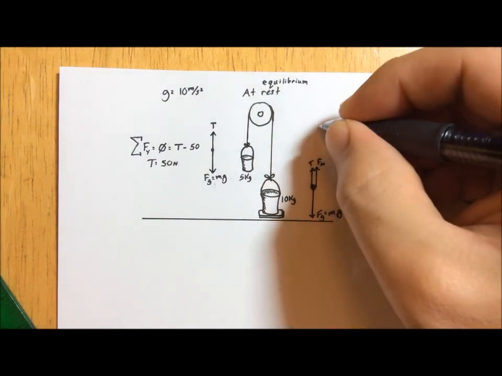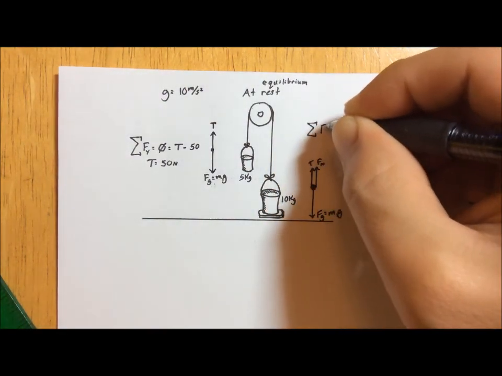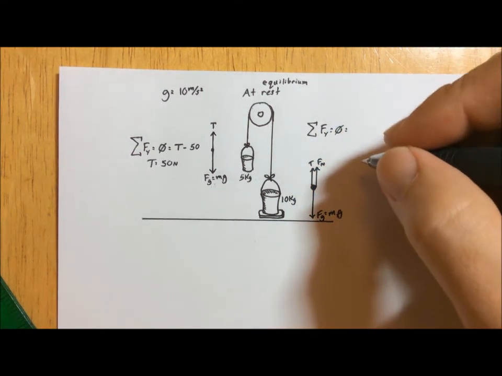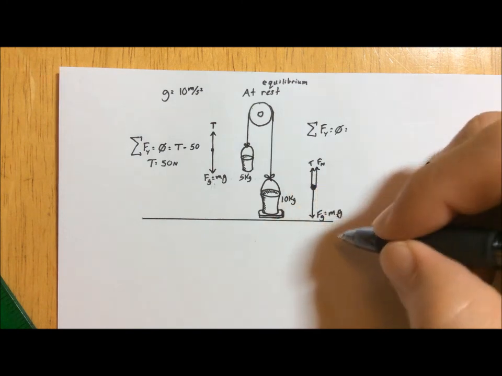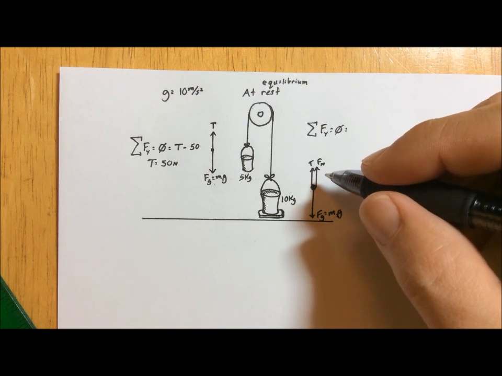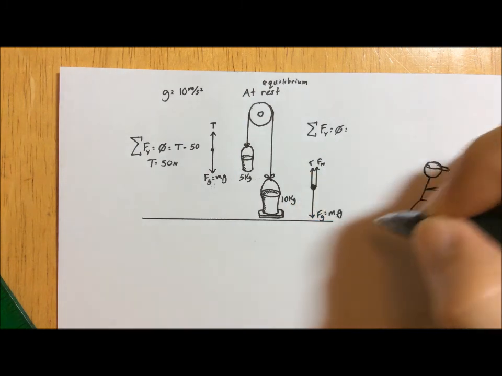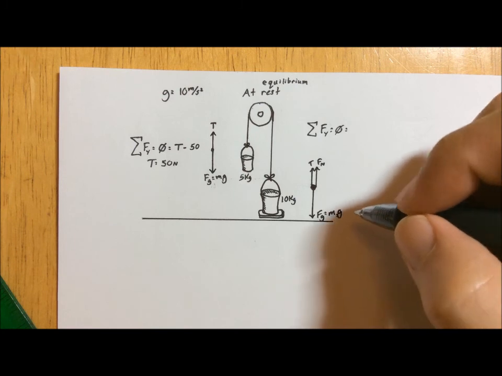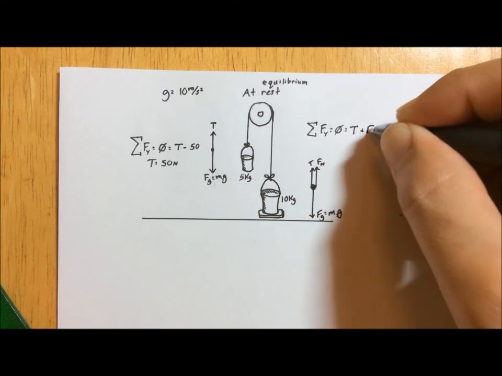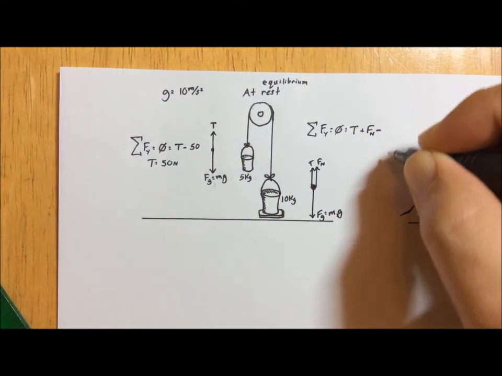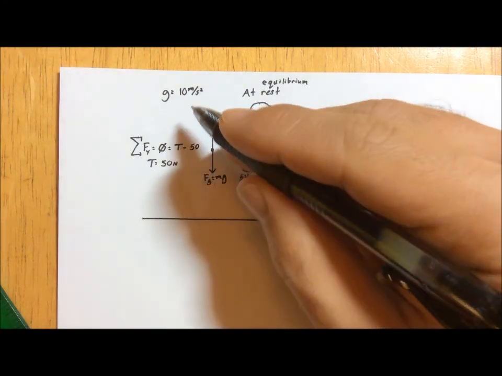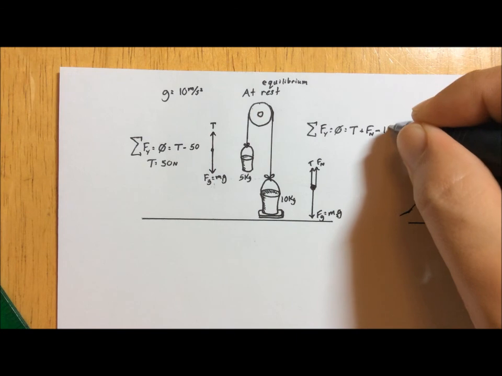Over here, we can say the sum of all forces in the y direction is equal to nothing, because we don't want any leftovers. And let's count the forces. We have 1, 2, 3 forces. 2 of them are up, 1 of them is down, so 2 of them have the same sign. Could be negative, could be positive. Let's make these positive. This will be our negative force, mg going down. So we've got tension and this normal force minus mg going down. Now this m is going to be 10. 10 times 10 is going to give you 100.